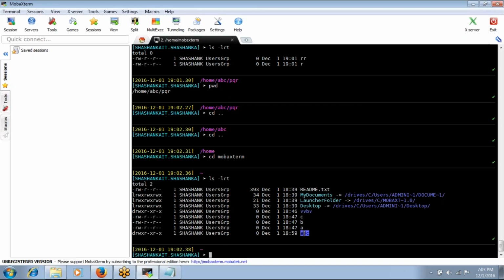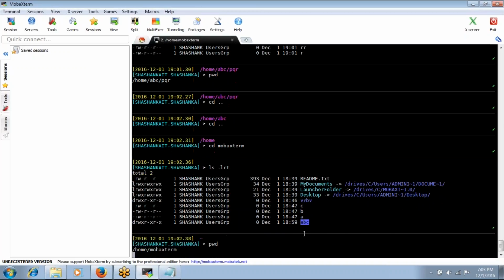Move is nothing but the normal mv command. The move command is the same for files and directories. For files you use mv, and the same way for directories we use mv. But what is the difference? To delete files it is rm, and for directories it is rmdir. To copy a file it is cp, and if you want to copy a directory, it is cp minus capital R. But move is the same.